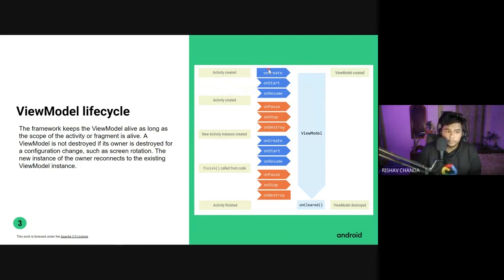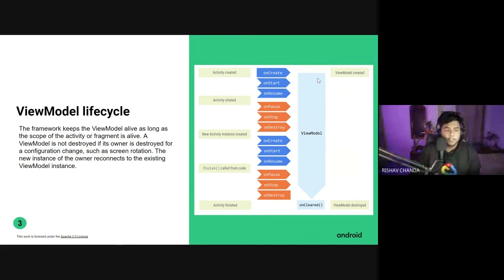Like view model has a separate life cycle, irrespective of the activity or fragment's life cycle. Now in this view model you can implement all the coding part or the algorithm part or fetching the data part, right? And you can simply use that view model class in that activity or the fragment.